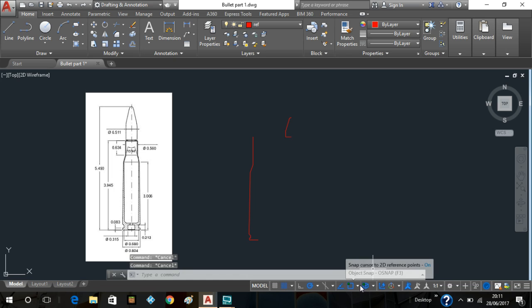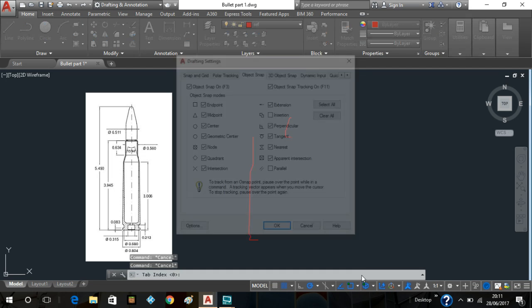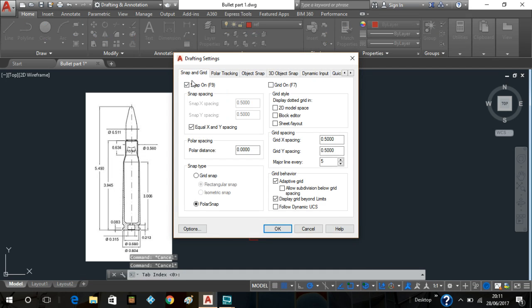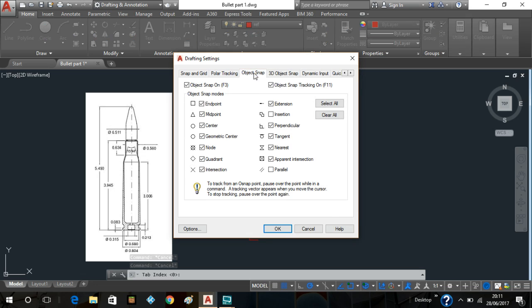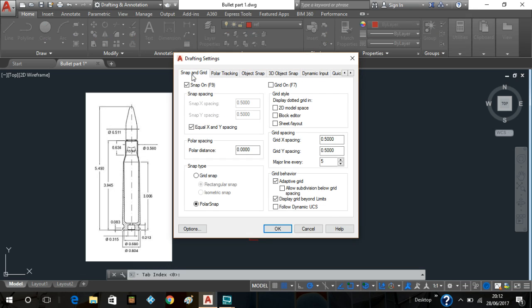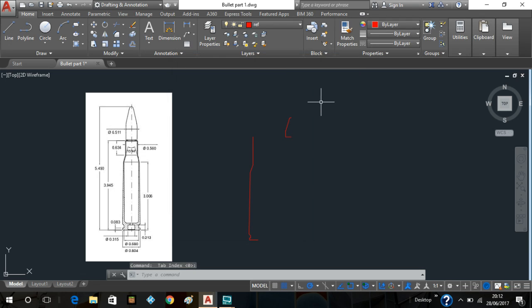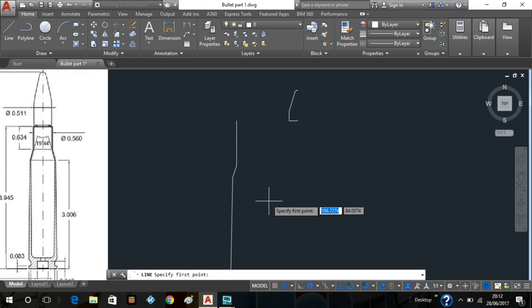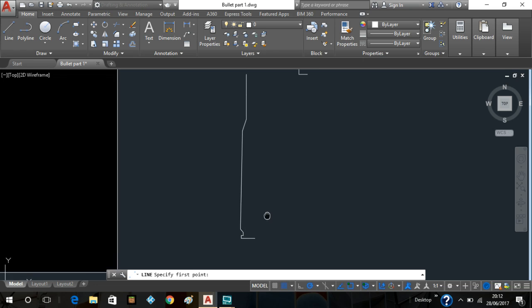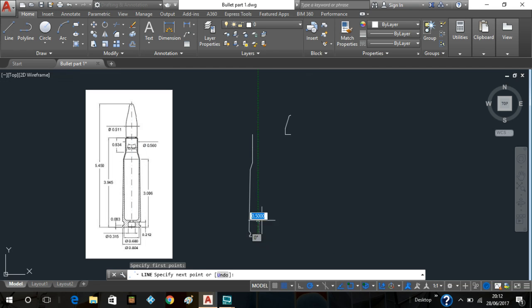So first off, I'm going to make sure my object snap settings are all activated. I'm happy that they are. And I'm going to transfer these to a different layer by setting them all to 0. That's great. So what I'm going to do now is connect all these lines. So I select line,